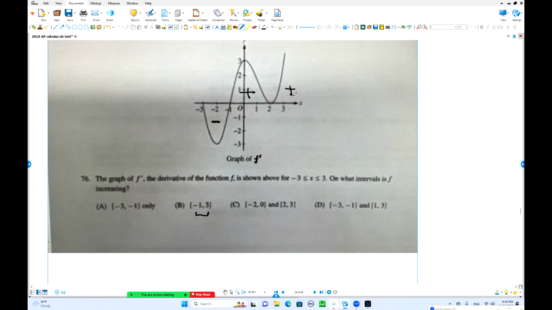Is that okay? Choice B is the answer. At this point, there is increasing, a little standstill, now still increasing, right? But it said increasing. If they said strictly increasing,